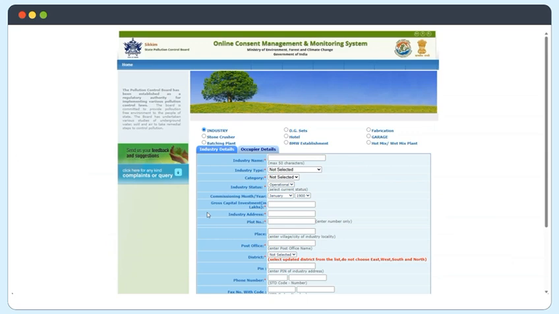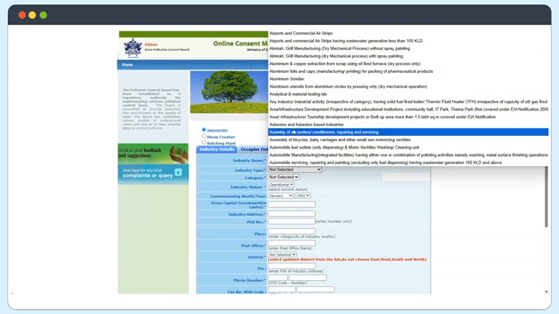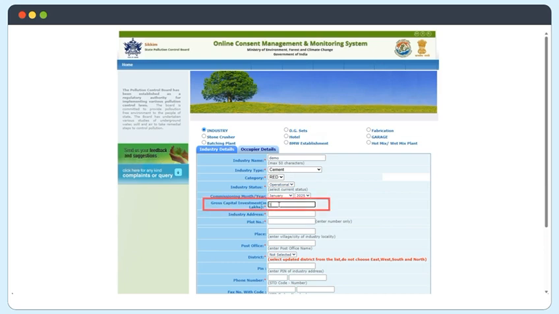User should select the type of establishment they want to register, whether it is industry, stone crusher, hotels, garage, etc. Once selected, fill the mandatory industry details like name, type, category, gross capital investment in lakhs. That is, if your capital investment is 5 lakhs, write only 5, and if it's 70 lakhs, write only 70,